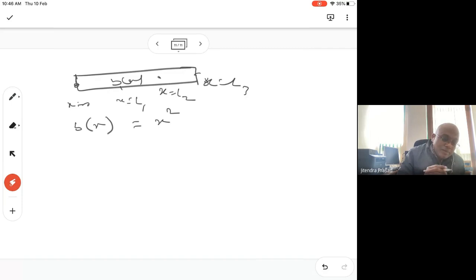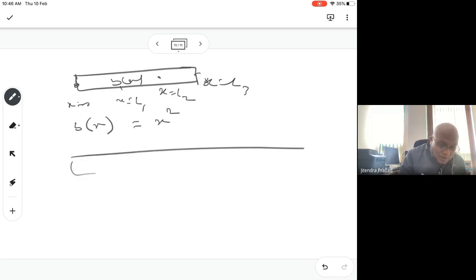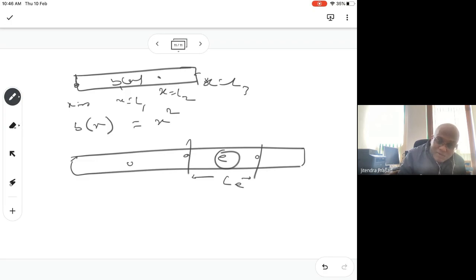Okay, so meaning that for n, we have to only find out the stiffness matrix for the individual elements, and for that we can go local. So this is the bottom line. So if we have several elements, and let us say for this eth element, we have to find out, if Le is there, and if you have to find out the stiffness matrix, we will draw here the eth element,